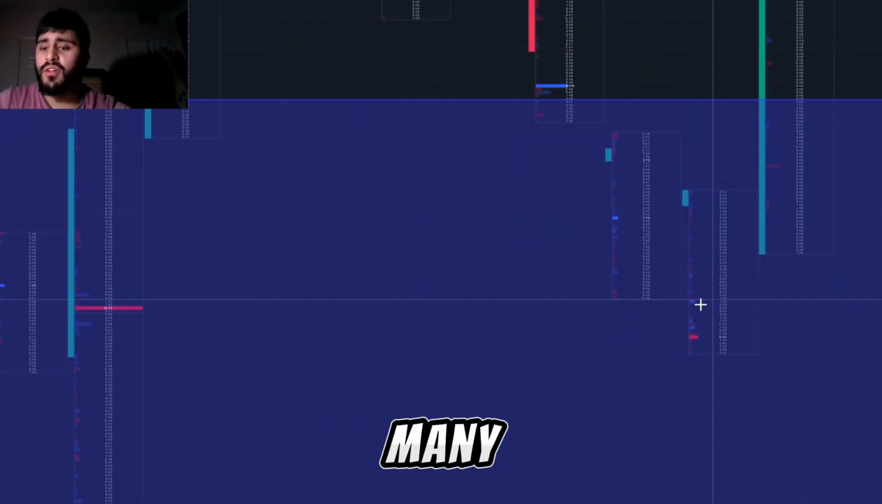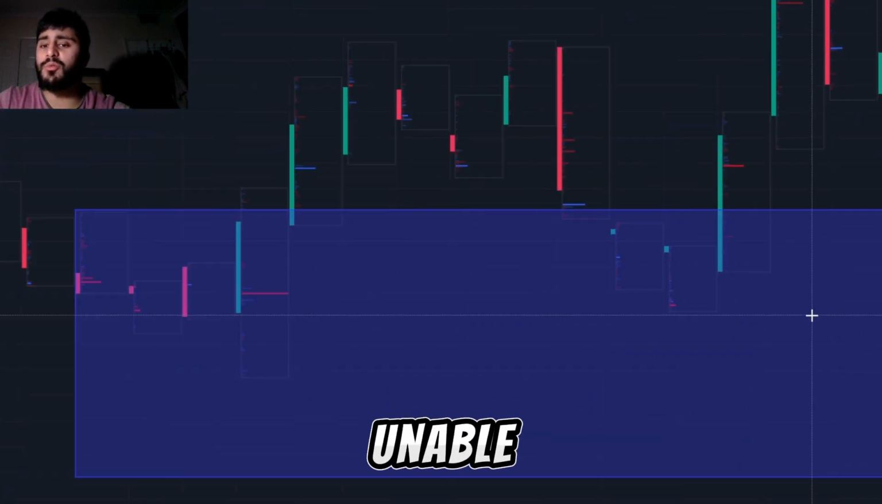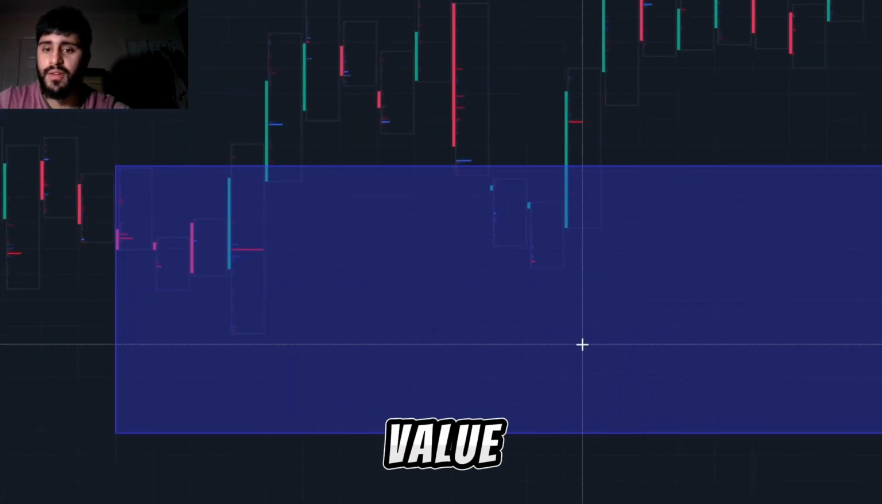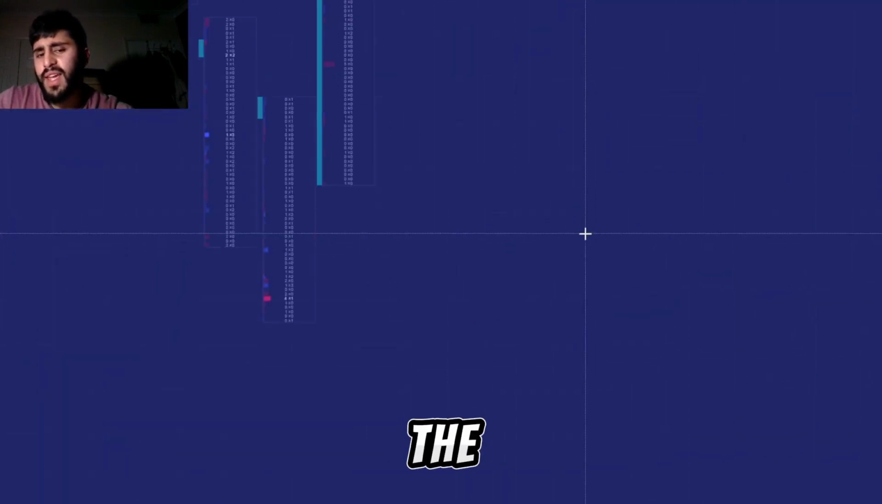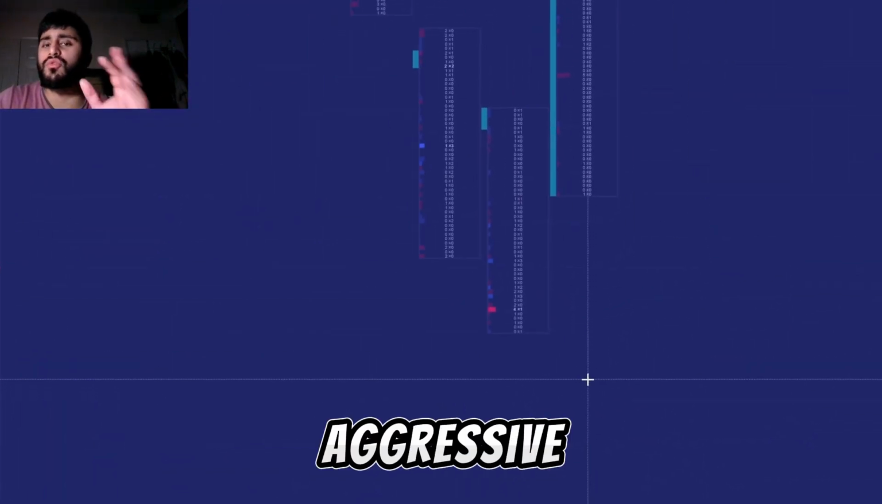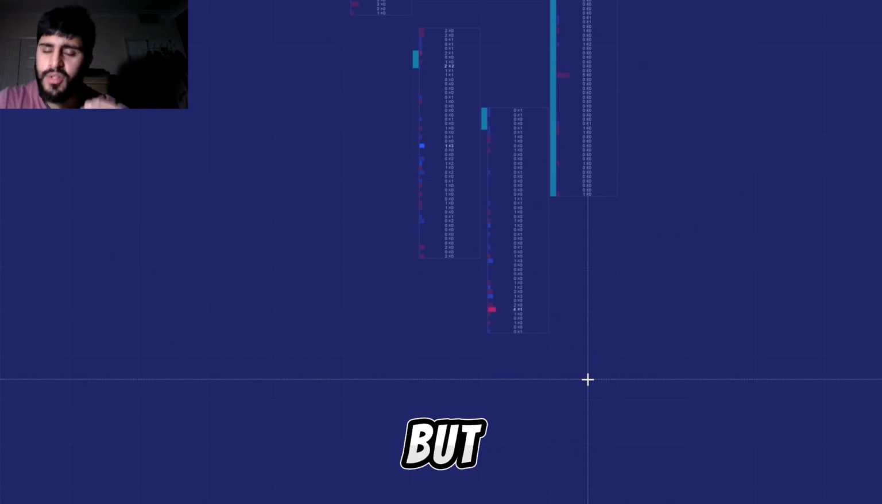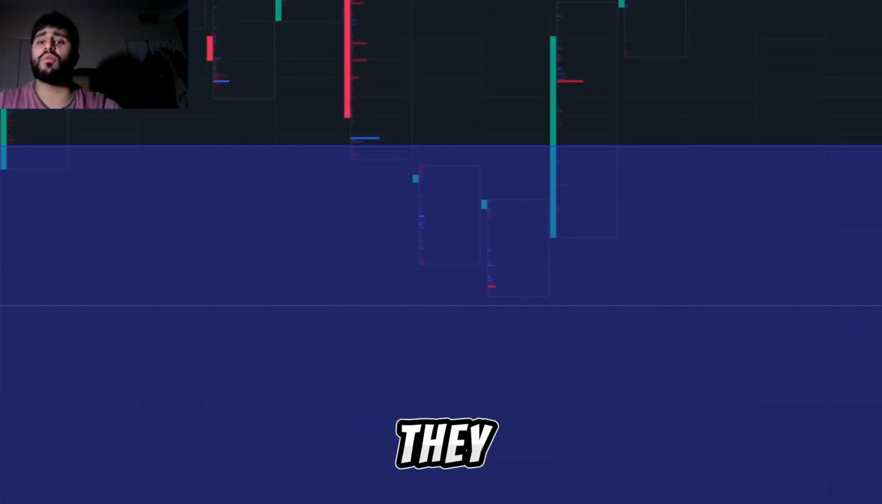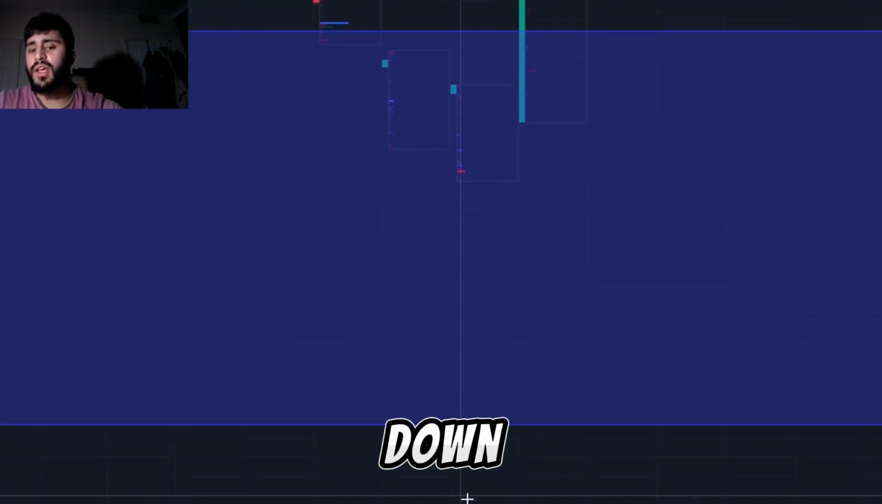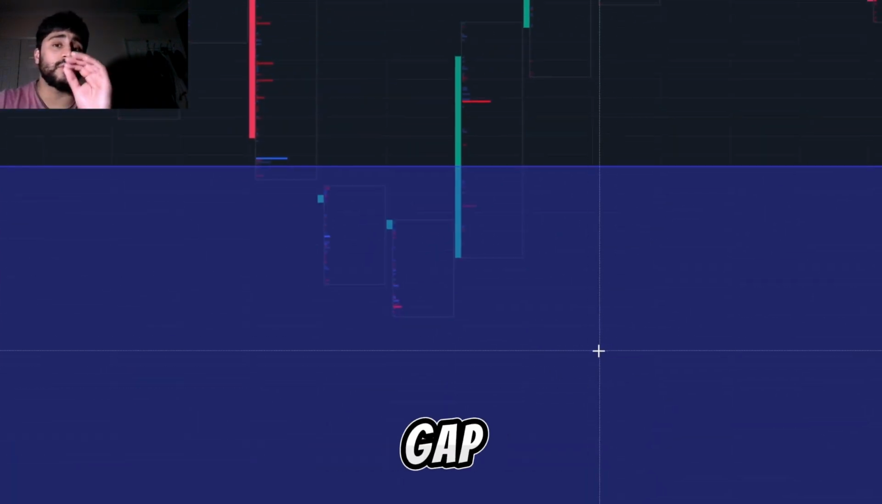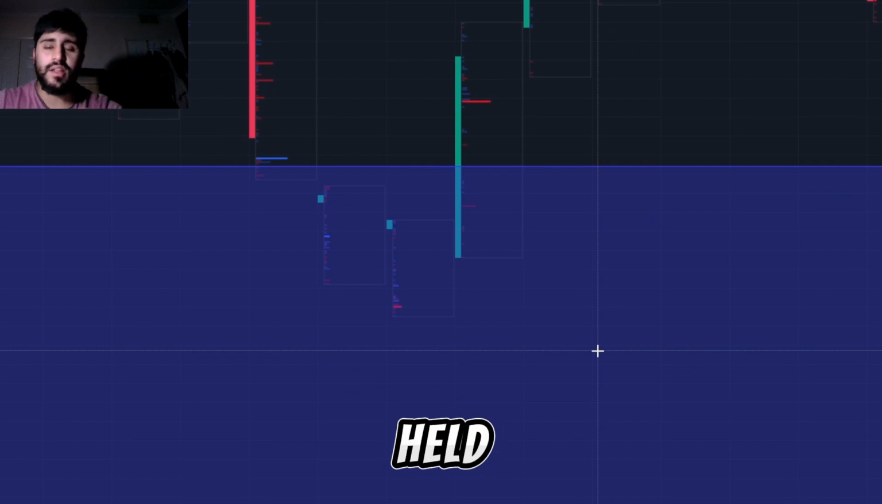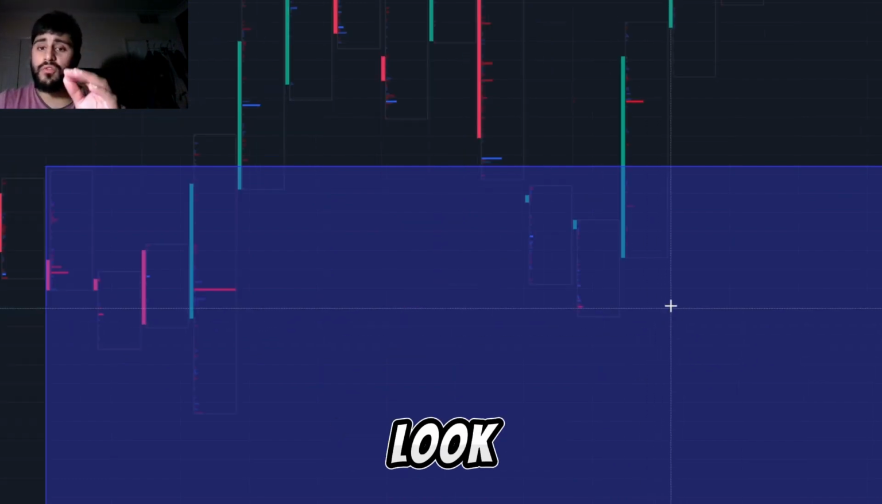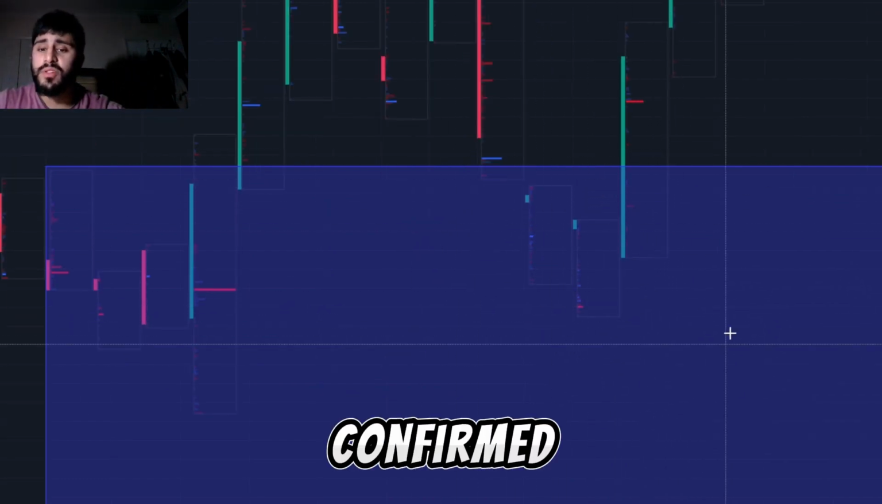When you see so many aggressive sellers in this region but they're unable to break this level, notice how we have a fair value gap over here. When we dive into the candle specifically, we can see that aggressive sellers are present. But you need to ask yourself, are these aggressive sellers actually being rewarded? If they were being rewarded, price would have driven down and broken this level. But the 15-minute fair value gap has held. This gives us an indication to look for buys because this is a confirmed 15-minute